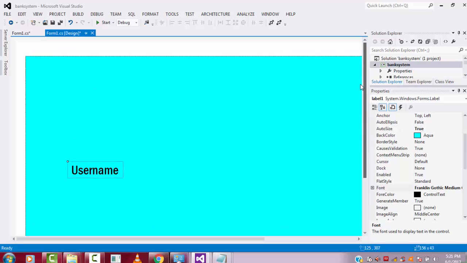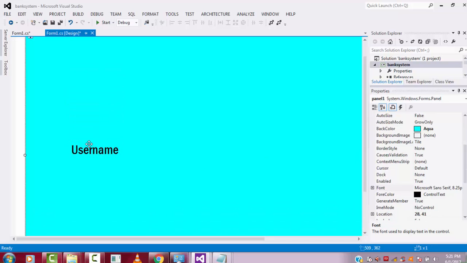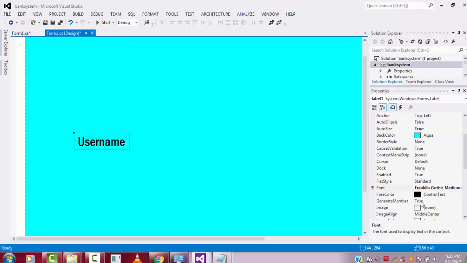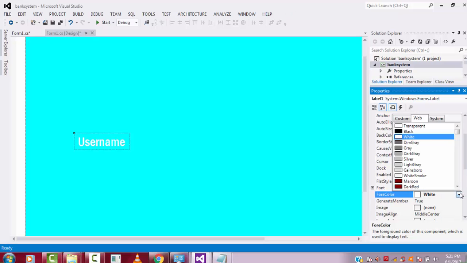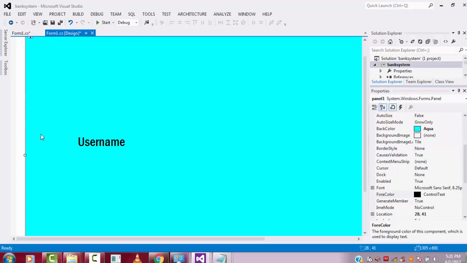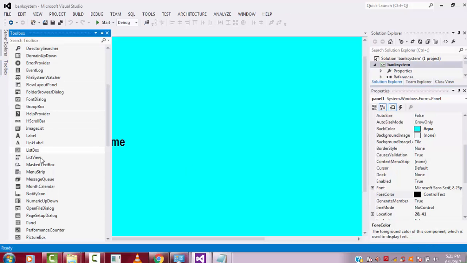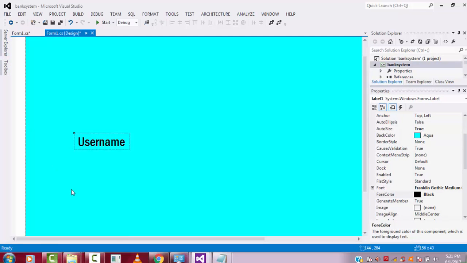Here you can see it's perfect. If you want, you can change the font's color to white. White is not great, you can't see the color, so let's change it back to black as the default. After that we need a password, so you don't need to get the label and type it again. An easy way is, if you type like that, you have to style it.